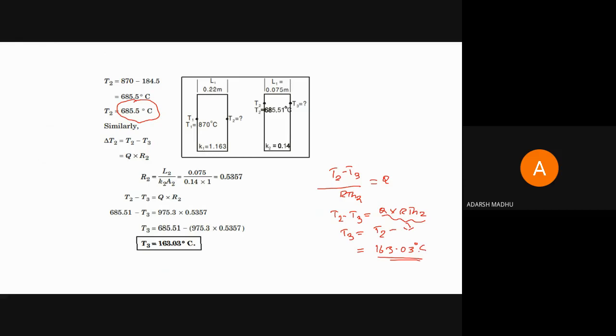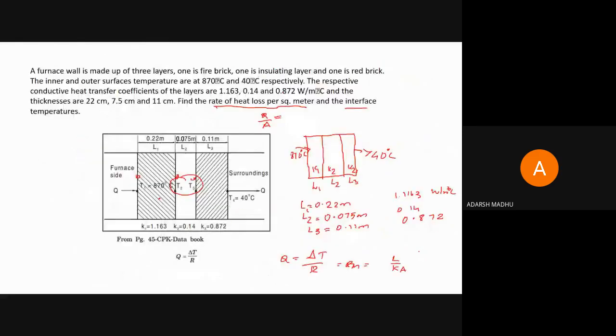So ongoing, we are discussing the problem relating to the composite wall thickness, which is given in parallel. For series, you are taking R1 plus R2 plus R3. For parallel, as I said, we are taking the equation 1 by R equal to 1 by R1 plus 1 by R2, like that equation. We are adding that.